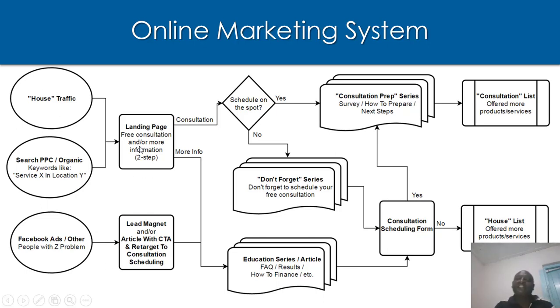your landing page. A landing page is just the first page your visitors encounter on your website, the ones you drive from your advertisements. Maybe in your landing page you have free consultations or information, and they come from your source of traffic. Maybe you're running keyword ads, maybe Facebook ads, and you have some lead magnets here. A lead magnet can be, maybe you teach them some basic dental care practices that they download for free. So they come into your funnel,